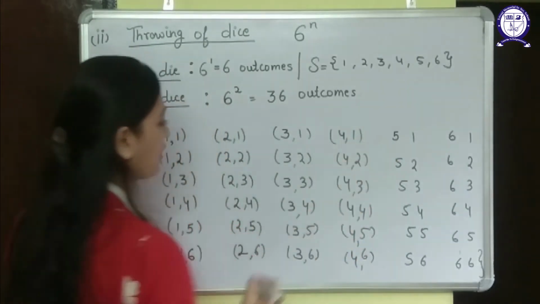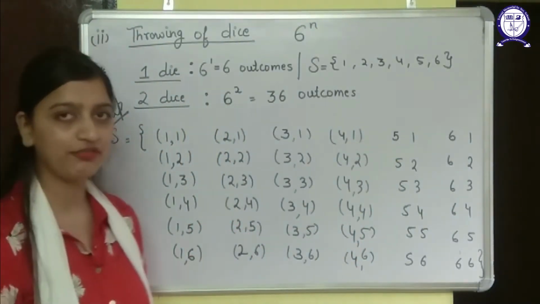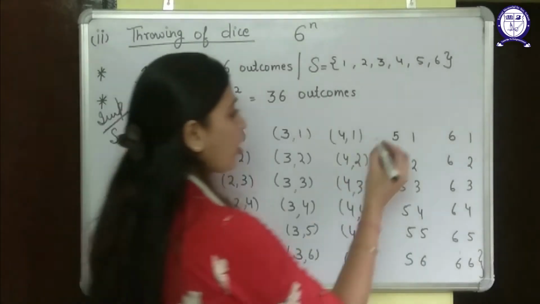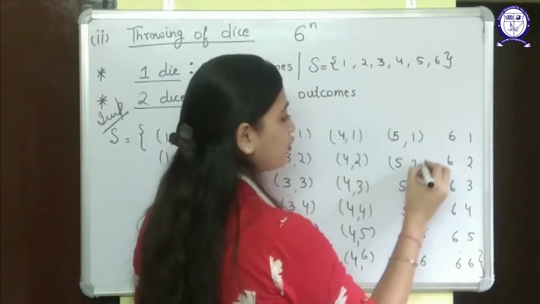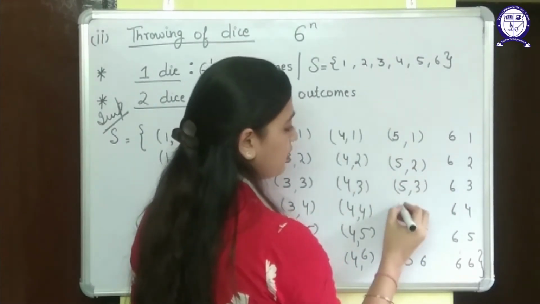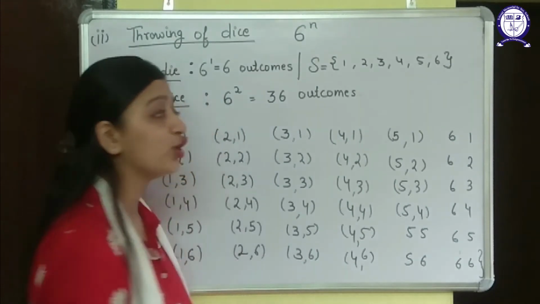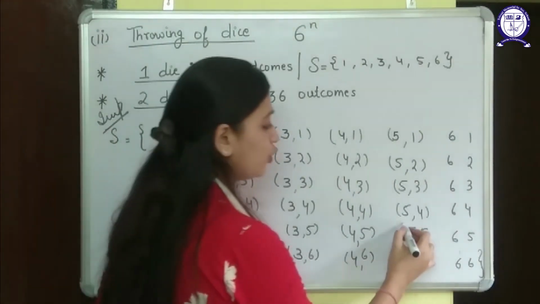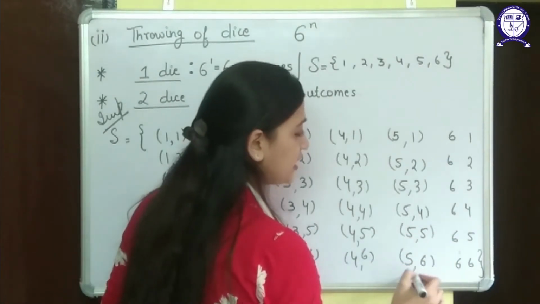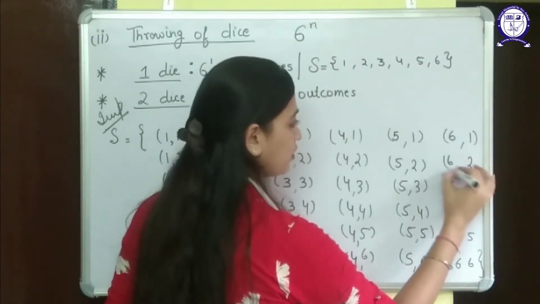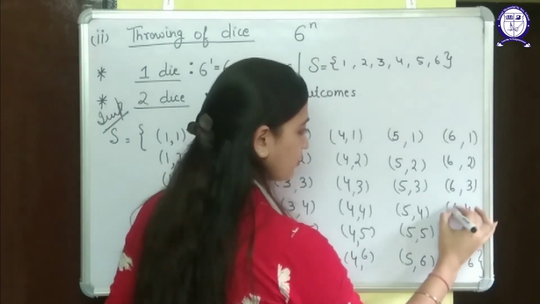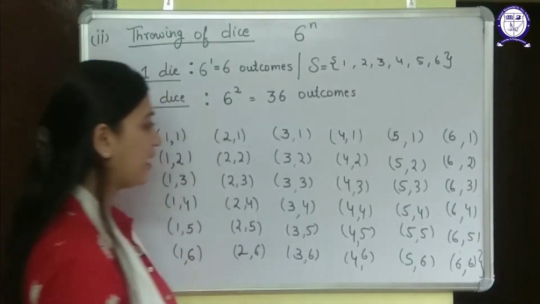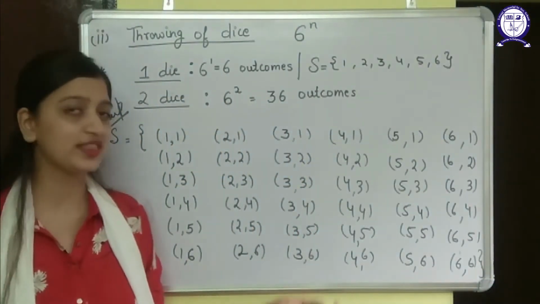So you can see that making this sample space was not difficult, but you need to remember the pattern of these things. Okay, because while doing the question you will have to make this sample space. It's good for you if you make this sample space while doing any question related to 2 coins, because the question will become easier for you. Okay, now I have completed my sample space. This is my sample space with 36 outcomes.